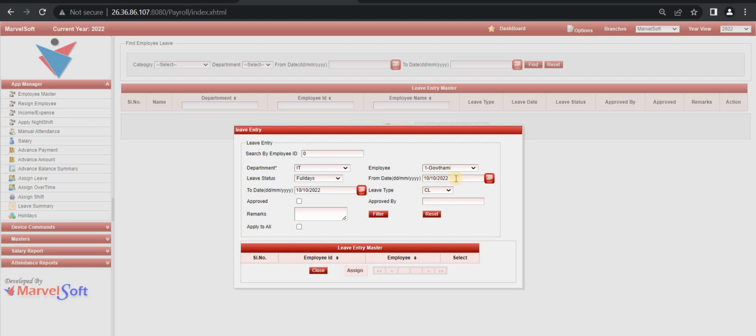The leave type is one which we add in the master module, which I am going to show at the end of the video. If you want to approve the leave, check the approved button and add who approved it. I am adding approved by HR, and you should add the remarks for the sake of which you are taking a leave. I am adding the remark as doctor appointment,